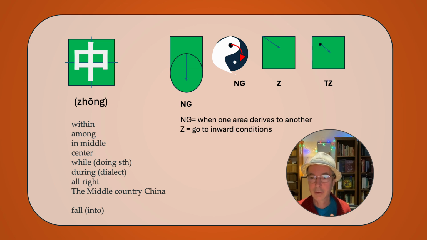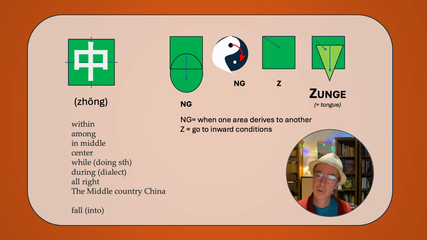And the tz is, of course, going from one particular place to somewhere innerly. And that's how you can easily derive already the word Zunge from it. It also comes forward from the middle. It also comes forward from one space to the other, from one part of the body to another. It's actually already going somewhere else. It is no longer the same thing. It's part of it, but it will lead to something else. That's what the Zunge will do.